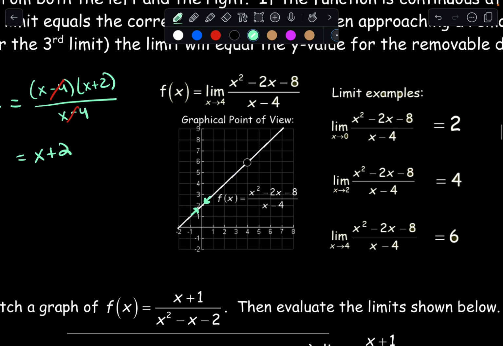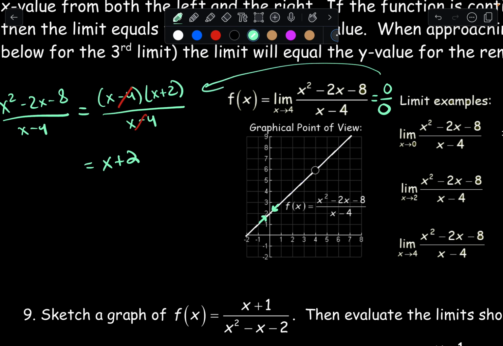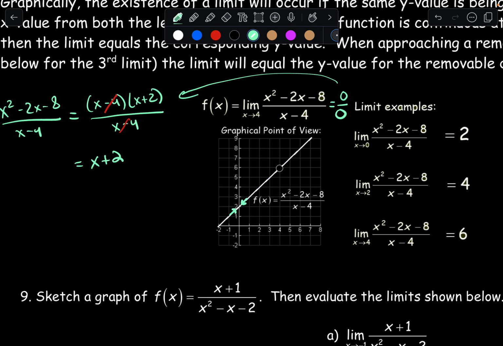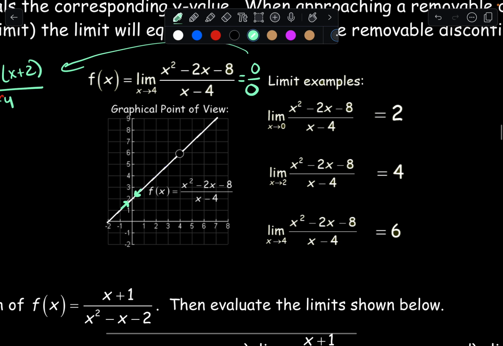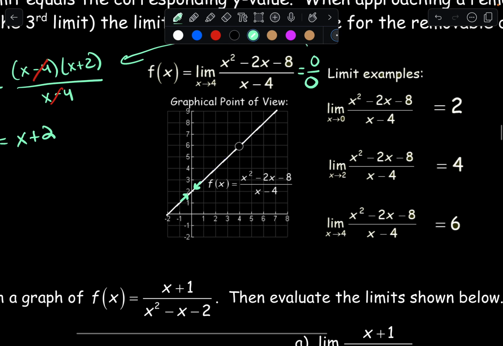However, sometimes if you plug in 4 into this, you get 0 over 0, which doesn't mean the limit doesn't exist, clearly, because we proved that over here. That just means you might have to use a different method depending on the type of discontinuity that we are running into. So at 0, if we plug in 0 into our simplified form, which is x plus 2,